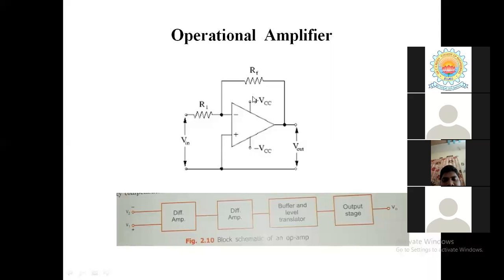So this is about the operational amplifier. It is a linear integrated circuit. We have two input terminals, a negative input terminal and a positive input terminal, and we have a negative feedback here. This is the input resistance and this is the output, V naught. The most important point is that the feedback provided to the operational amplifier is negative feedback, so the circuit is kept out of saturation and behaves in a linear manner.